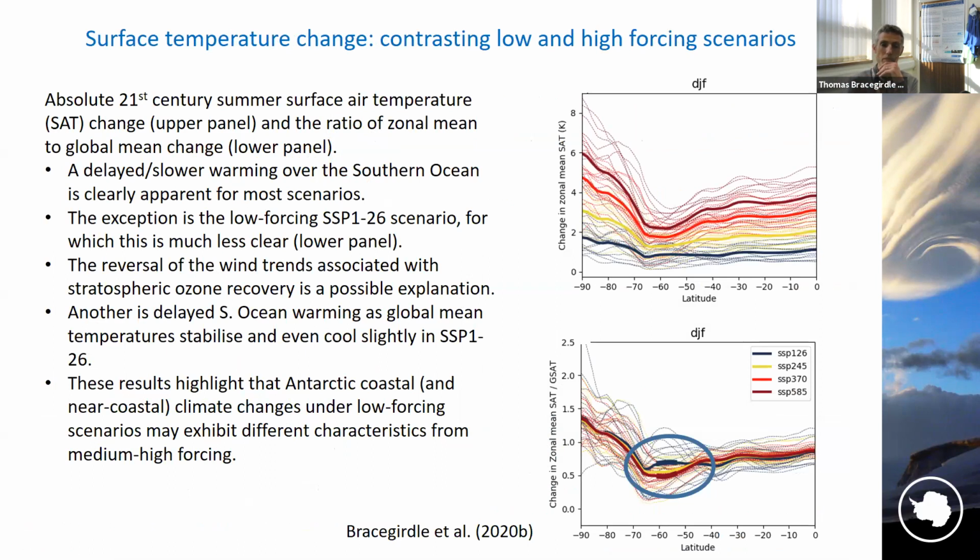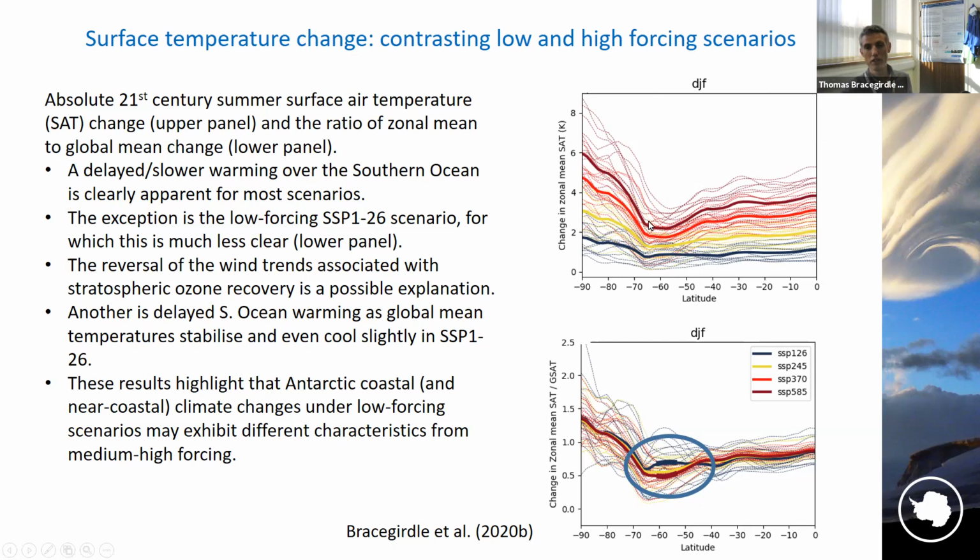So, what are the wider implications of this? One of the things we see, if you look at things like surface temperature change, you can see qualitative differences in the surface temperature changes in different scenarios. There's a lot of text here, but really I think I'll just try and focus in on a couple of key things. So this is DJF, so this is Southern Hemisphere summer, change in surface air temperature